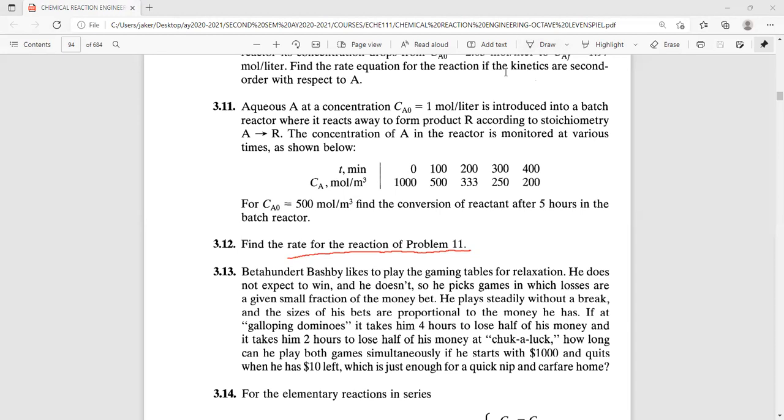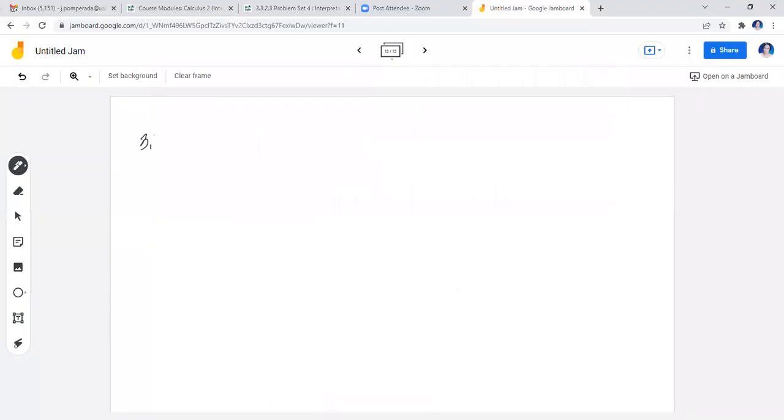A value, correct. It's a value. Because if kinetics will ask you for the rate law or the rate equation, it would really state what is the rate equation or what is the rate expression. Okay, so we go to our board and then determine what this is. So for 3.12,